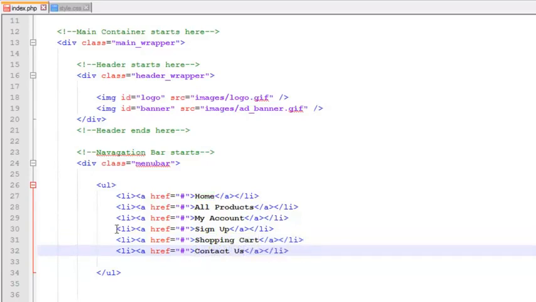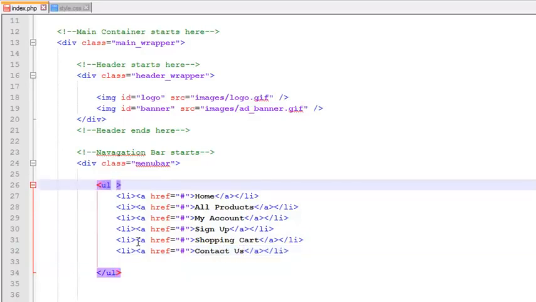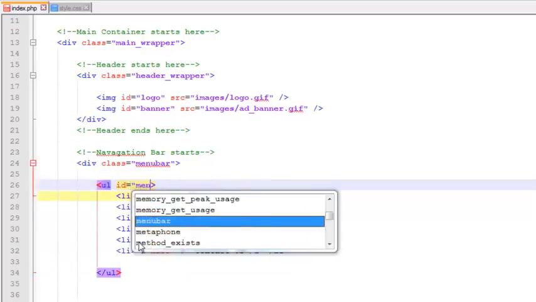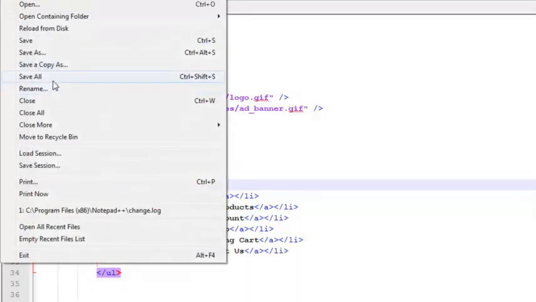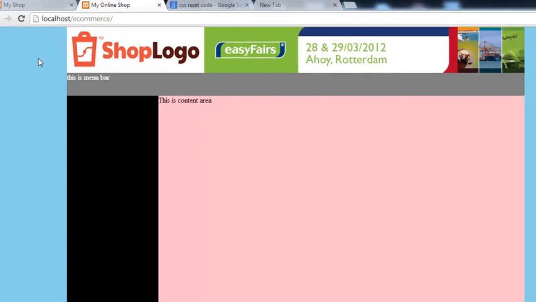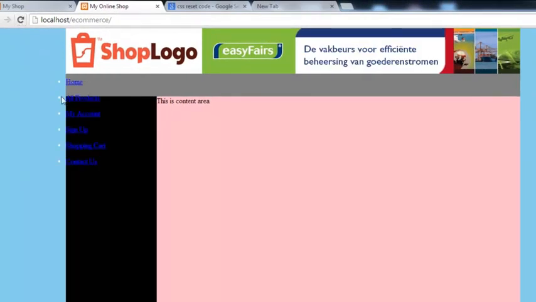These are the links we have added into the UL tag, and inside the UL tag we will add that ID called menu. So now simply save all, come to the browser, refresh it, and you see